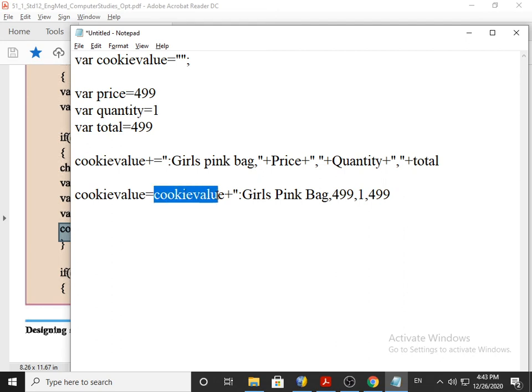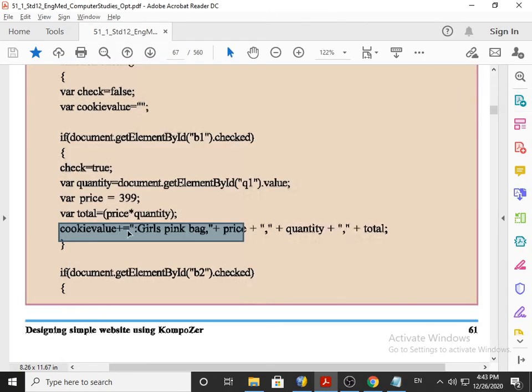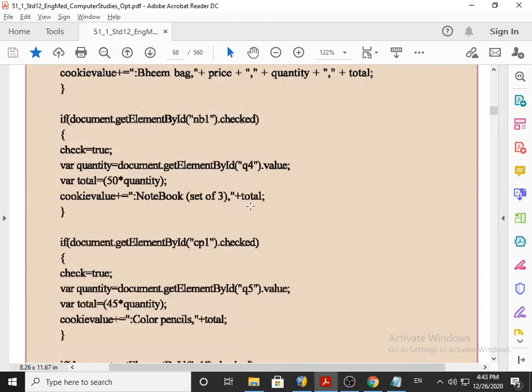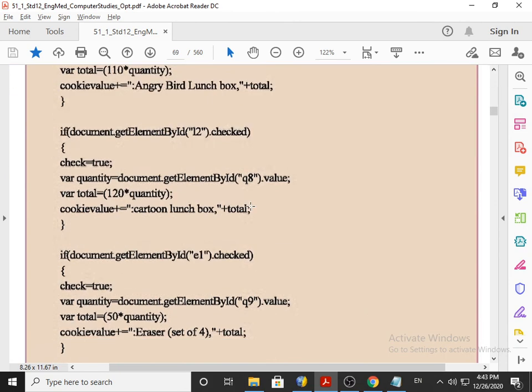Now the old value of cookie value is blank, double quotes two times, so blank plus all this, and the new value of cookie value is this sentence. Now why am I explaining this part? Because it's important to understand, as it will come up everywhere in the next script. Once you understand, it will be easy for you.